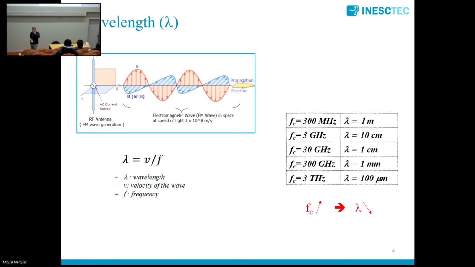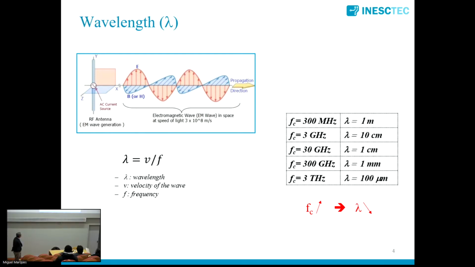So first of all, some fundamentals which are important for understanding what is 5G and what is coming next, 6G. First of all, in wireless communications, we communicate using radio. Because of that, we use antennas, and these antennas generate signals and propagate electromagnetic waves. These waves have a frequency associated, and very important is that to the frequency of this carrier wave, there is a wavelength associated, and this wavelength decreases with the increase of the frequency of the wave.